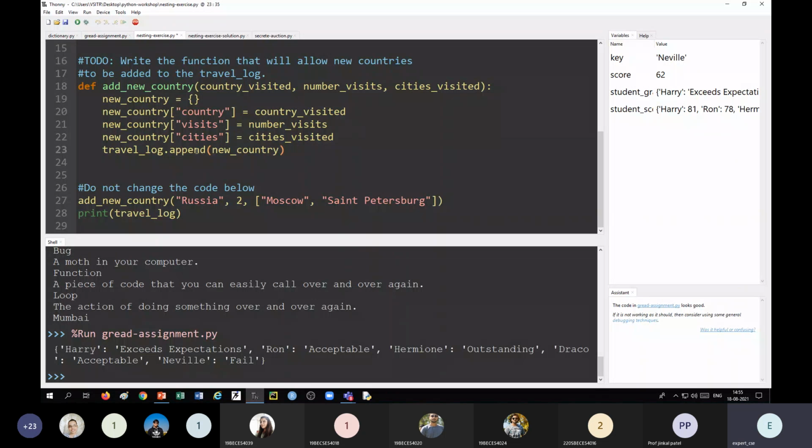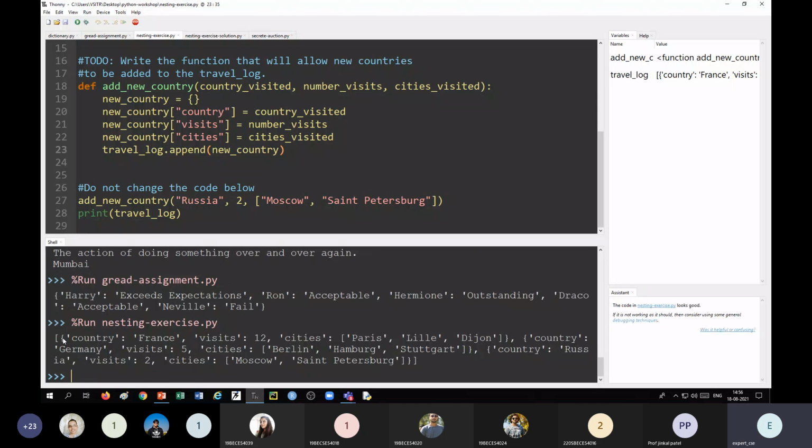So this is the function which will add one element in the given list. This element is nothing but a dictionary which contains three keys: country, visits, and cities. Now let us do it.